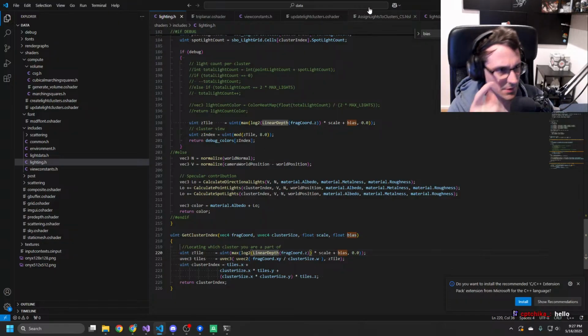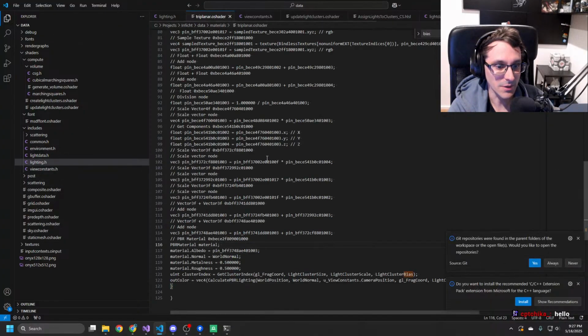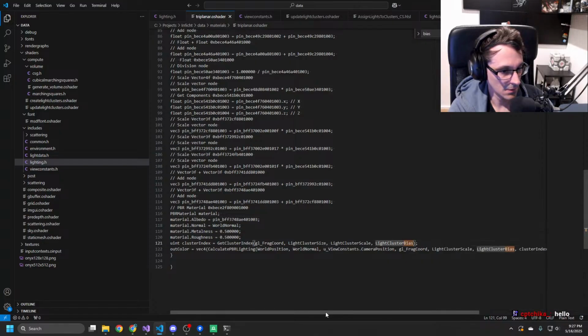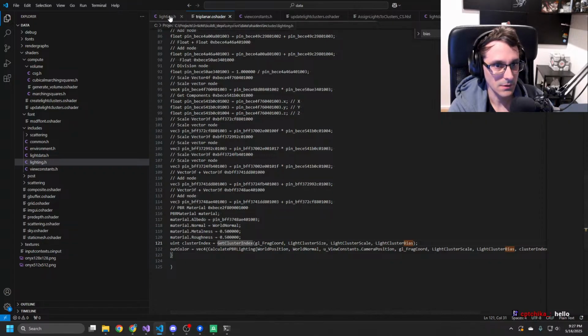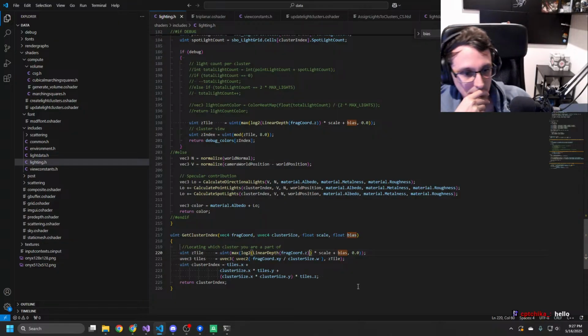Ah, no, it doesn't. But we can make it work. Hold on. But that's in the triplanar one. So we give it the geofrag coord. And then with that, we go in here. And we do that.